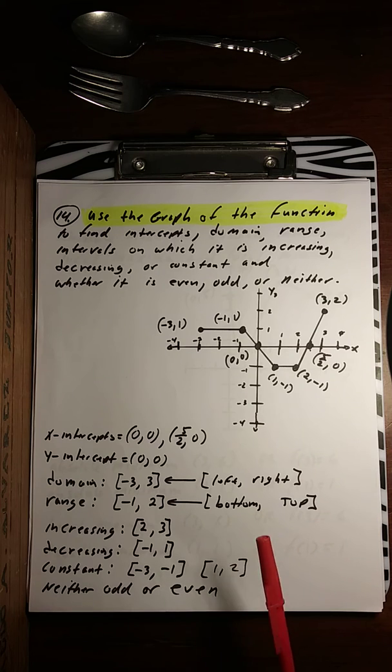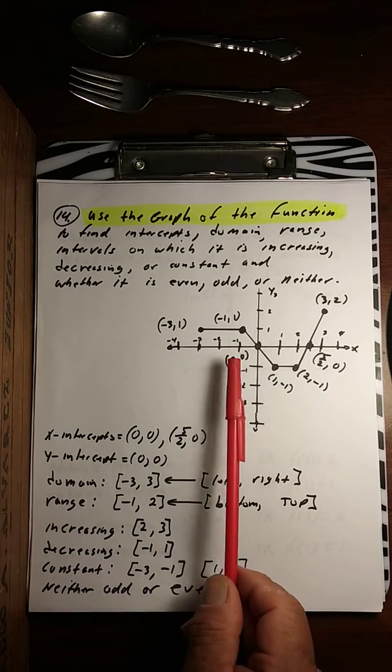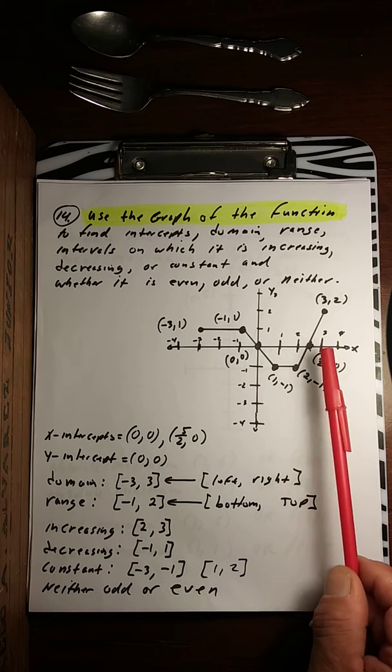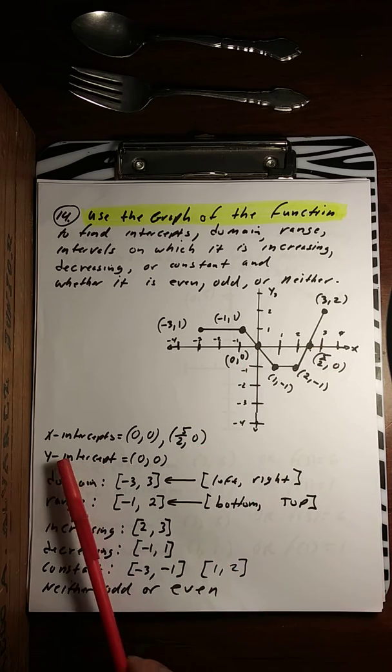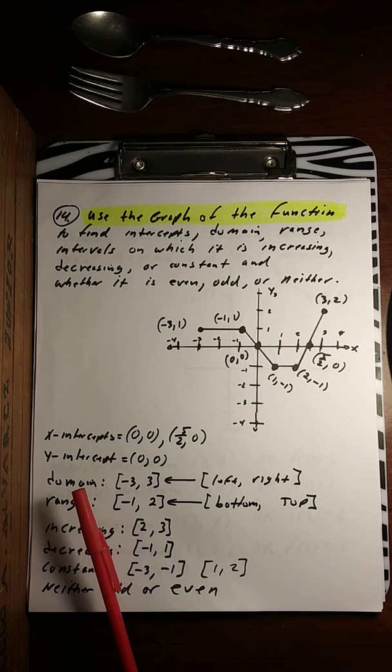Use the graph of the function to find the intercepts, domain, range, intervals in which it's increasing, decreasing, constant, and whether it's even, odd, or neither. All right, so we have the graph, x-intercepts right there. Let's see, we have (0, 0) and (5/2, 0). Y-intercept, (0, 0), right there. And we also have